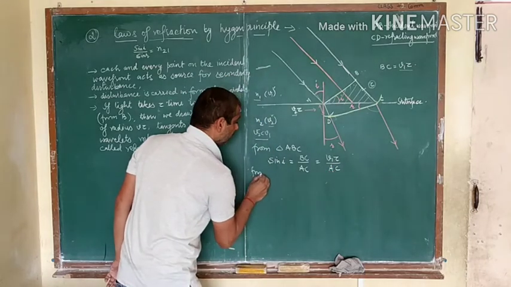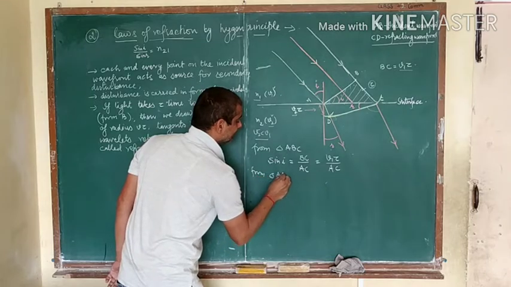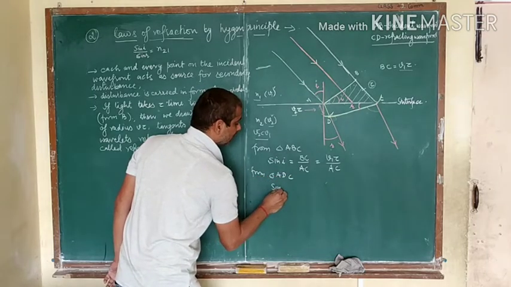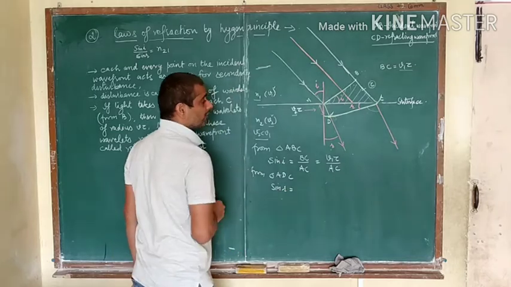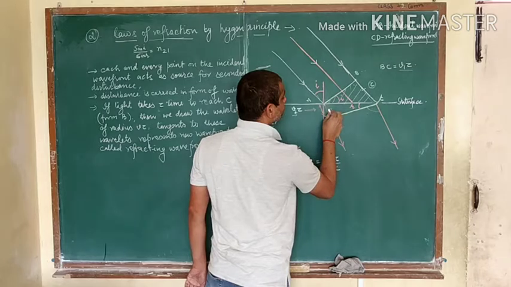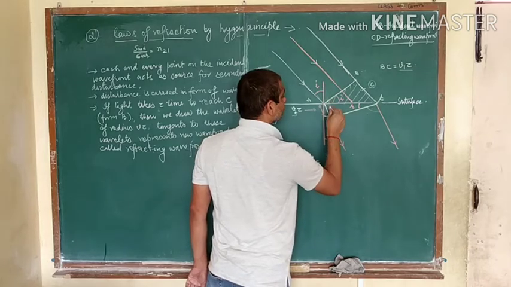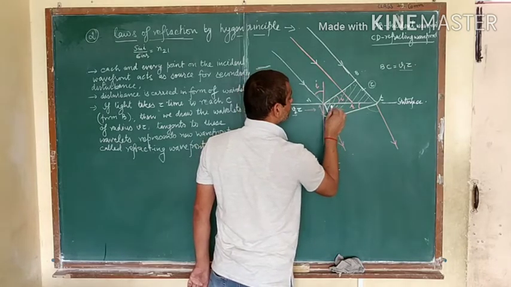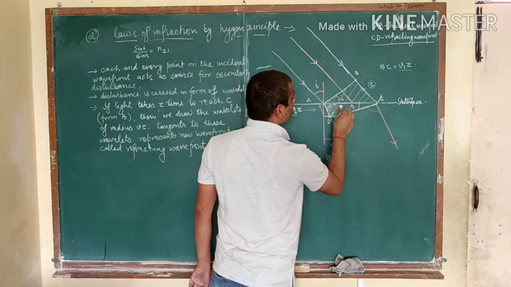Now from triangle ABC, what is sine R? The sine R will be equal to how much? This is your sine R. Now this triangle, only this part,